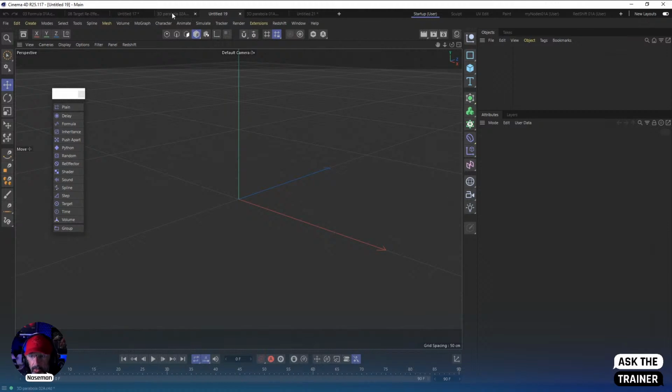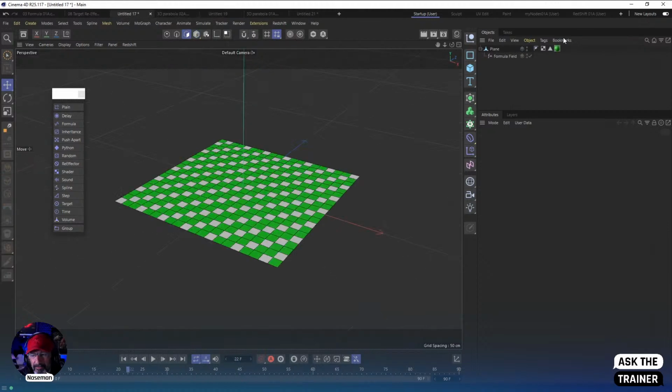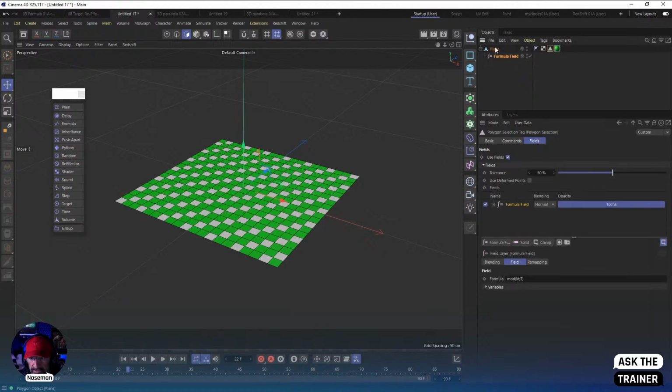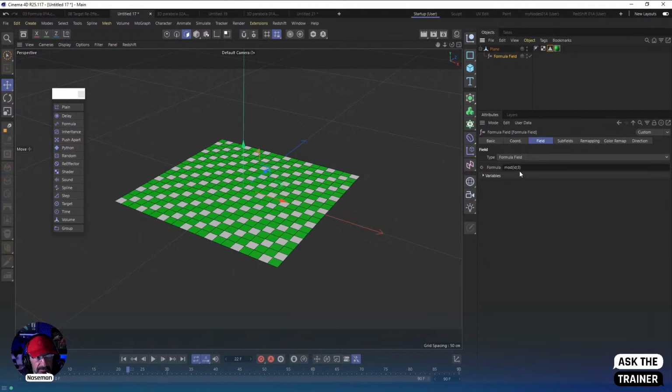We did this. Oh, very quickly, and this is more about the formula, just to give you a little sneak peek on the fun we're going to have next time: you can use a formula field in a selection tag on an editable object, and you can actually use that modulo. And I posted a link to a YouTube tutorial I have about